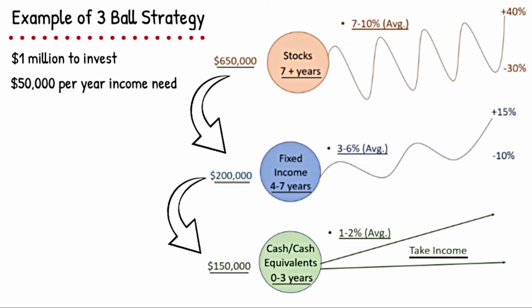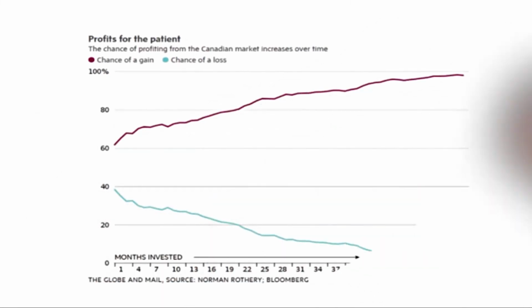In 2008, the stock markets recouped their losses in a little over 3 years, and within the next 3 years after that, stocks had once again provided a good rate of return for investors who remained invested from 2008 through 2014. This graphic illustrates the logic behind our 3-ball strategy.